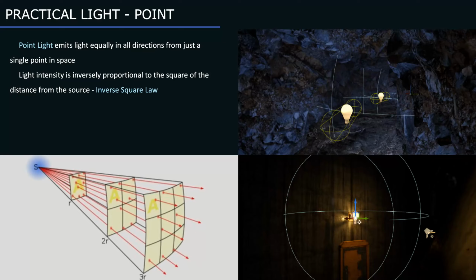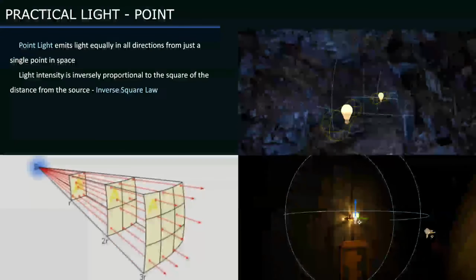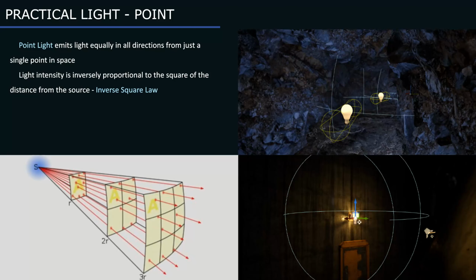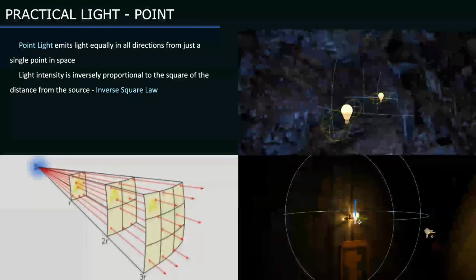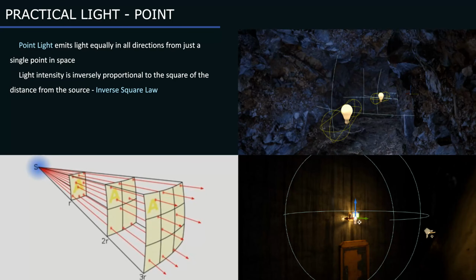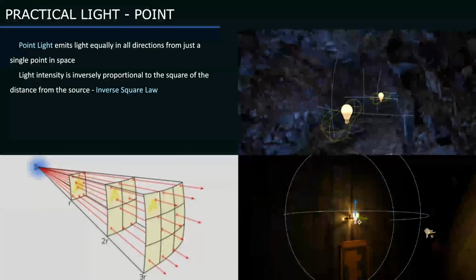It diminishes according to the inverse square law, which states that the effect of light shining on a surface weakens at a rate comparable to the square of the distance between source and surface. S represents the light source, while R represents the measured points. The lines represent the flux emanating from the sources.